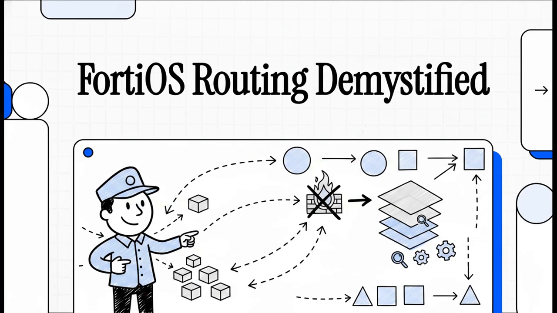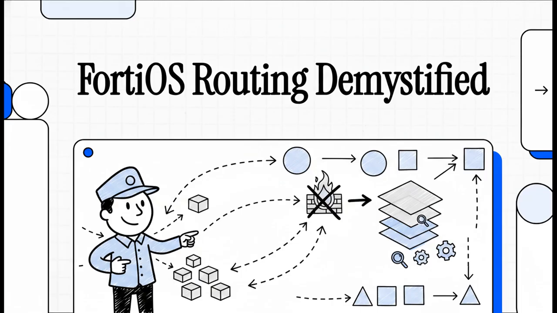Okay, so think of your FortiGate as way more than just a firewall. It's actually the ultimate traffic hop of your entire network. I mean, every single packet of data that arrives at its doorstep needs immediate direction, right? So today, we're going to peel back the layers of the FortiOS internal routing logic to understand exactly how those